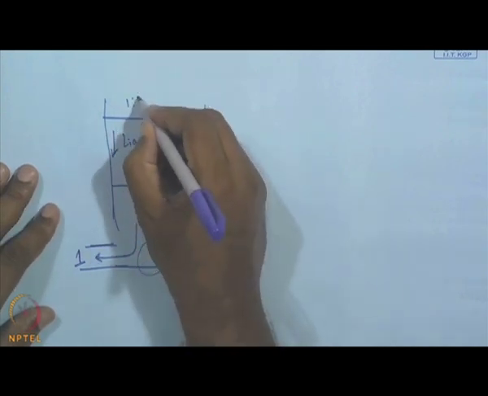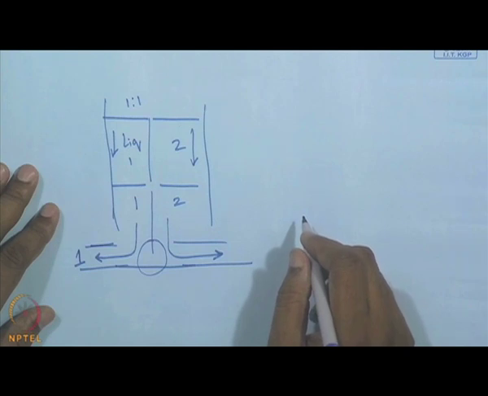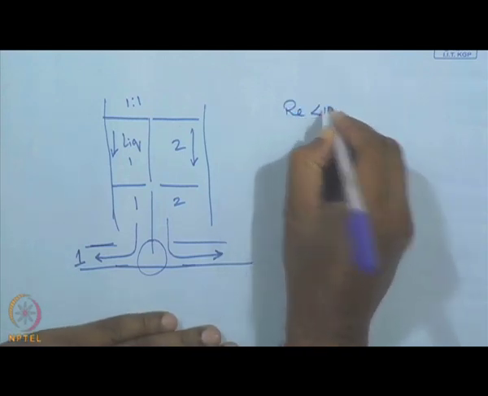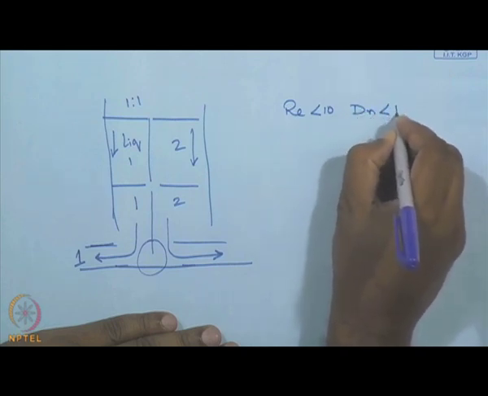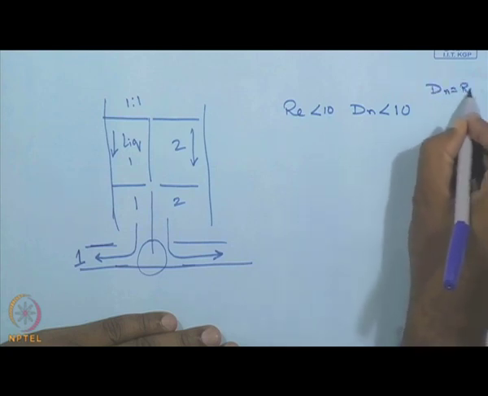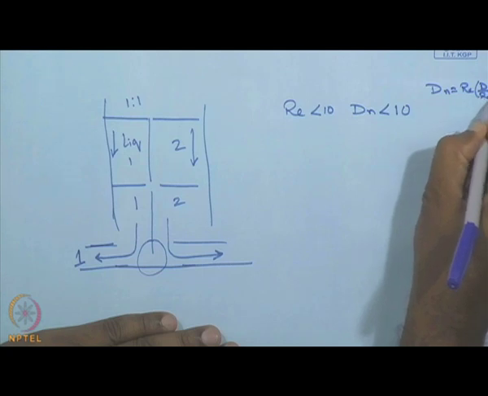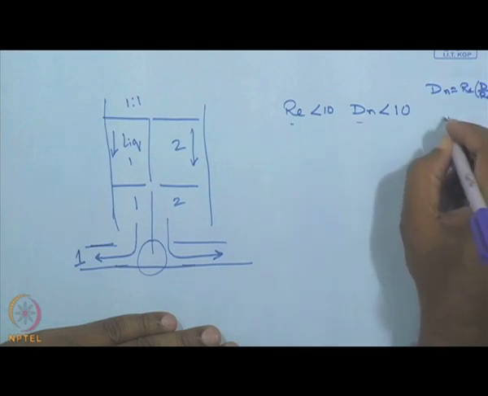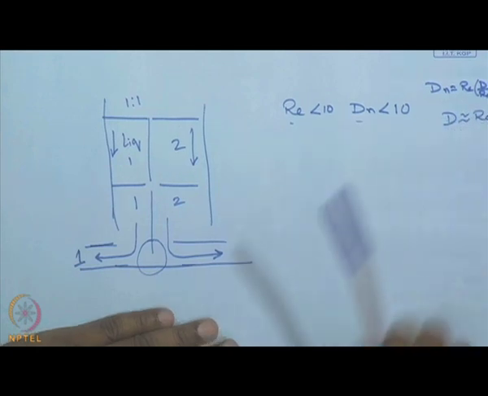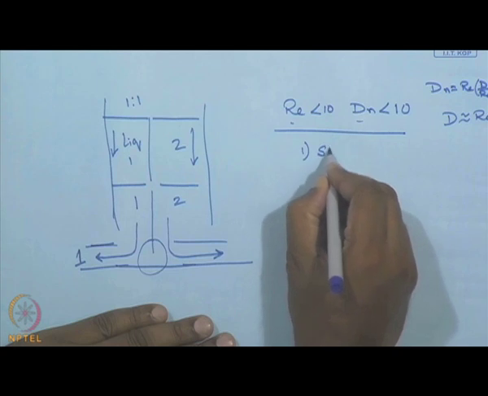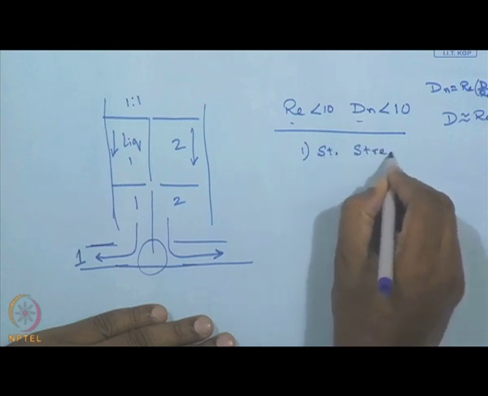These are 1:1 mixtures of two fluids, and the CFD simulations and visualizations simply tell us that for Reynolds number less than 10 and Dean number less than 10, where Dean number is defined as Reynolds number times (D by Rc) to the power half. So this simply tells us that when both are of the same order, then D is roughly equal to Rc, and if this condition is satisfied, then we have straight streamline flow